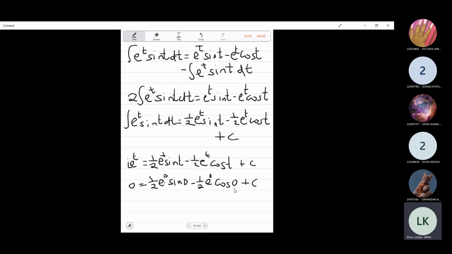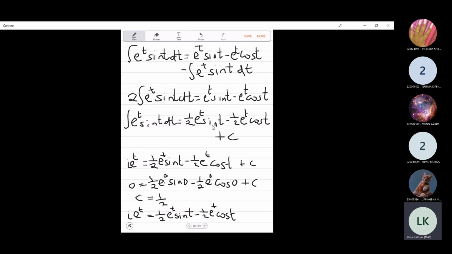So here I am getting C is equal to 1/2. Okay, so now that I know what C is, I'm going to write I times e to the power of t. This is 1/2 e to the power of t sine t minus 1/2 e to the power of t